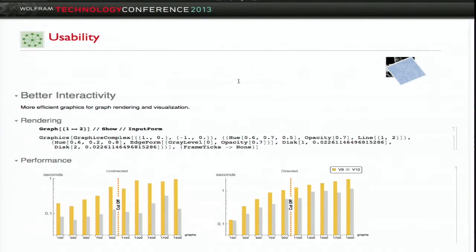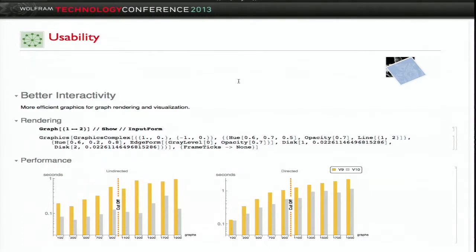So the next thing we did, which you probably notice in terms of performance, is that we improved the interactivity, the visual interactivity in the system. Earlier, some people who like to dig inside Mathematica and look at the expression, when you generate a graph, usually if you do a Show and you look at the graphic, the expression inside was a really complex expression with some magical symbols and stuff. So what we try to do is to